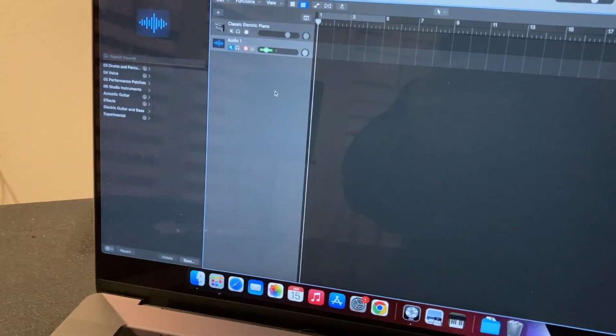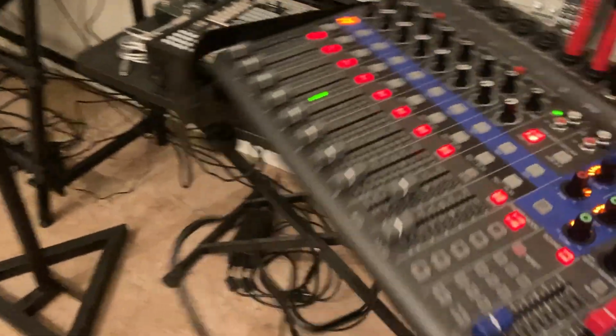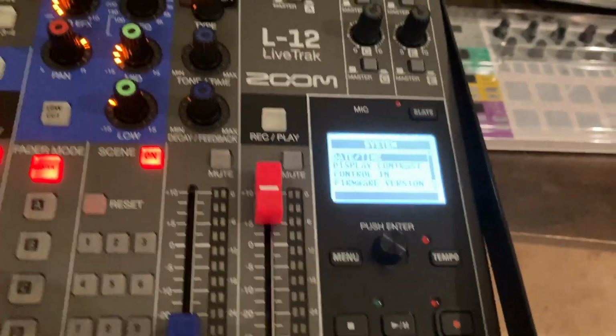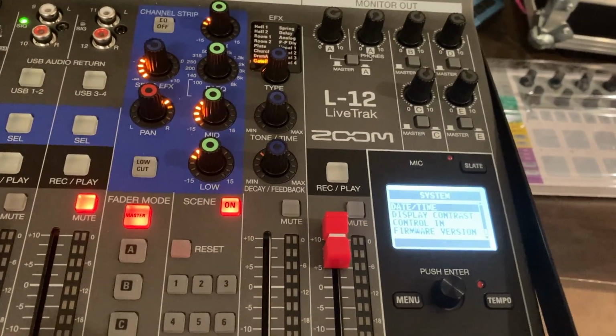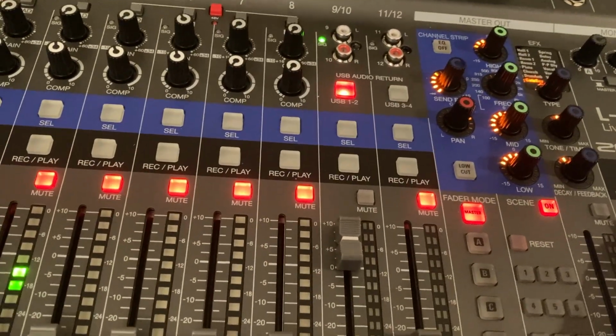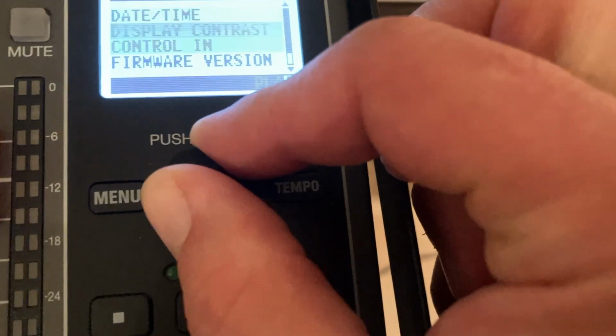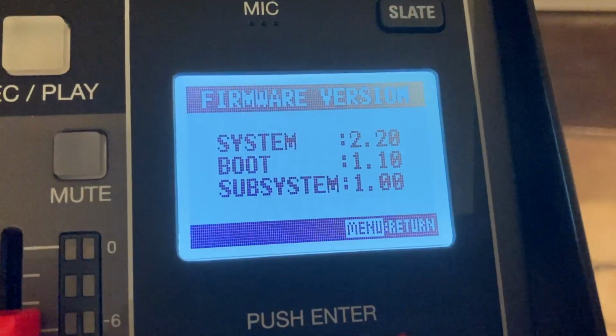But if I turn things up on my MacBook, you can hear the audio. So audio should actually be going through now. Let me go back over to my Zoom mixer. So if I go up to these settings, so it's going USB. If I depress this, so I did update the firmware too. So here, if you go display contrast, firmware version 2.20, there might be a newer version. I go menu,